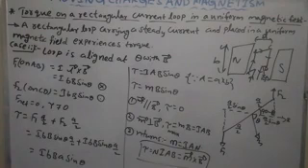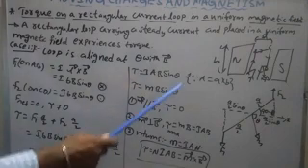If the rectangular loop is placed parallel to the magnetic field, the angle between the magnetic moment and the magnetic field is 90. Maximum torque is experienced, that is IAB or else MB. If the rectangular coil is placed at some angle with the magnetic field, then the angle between the magnetic moment and magnetic field is theta. In that case the torque is MB sin theta or else IAB sin theta.